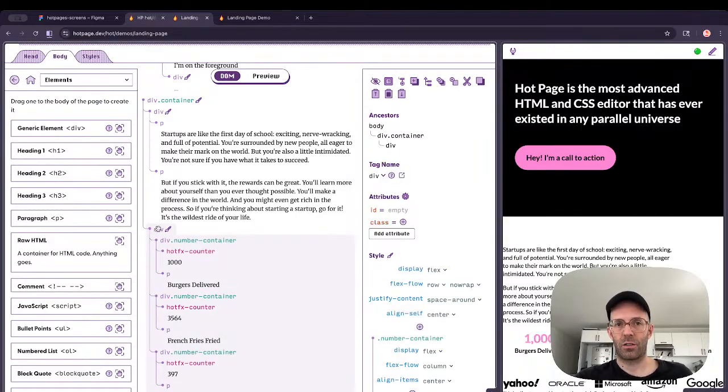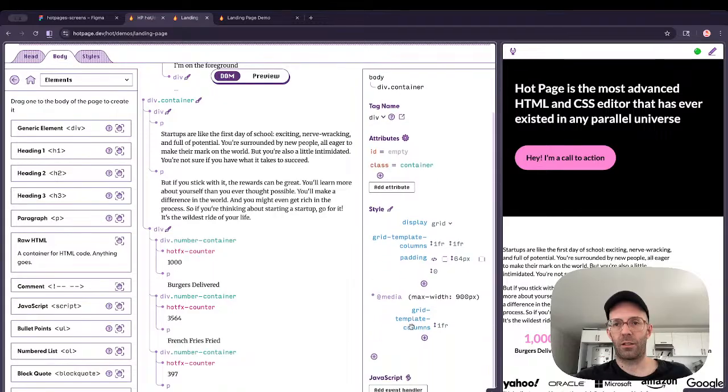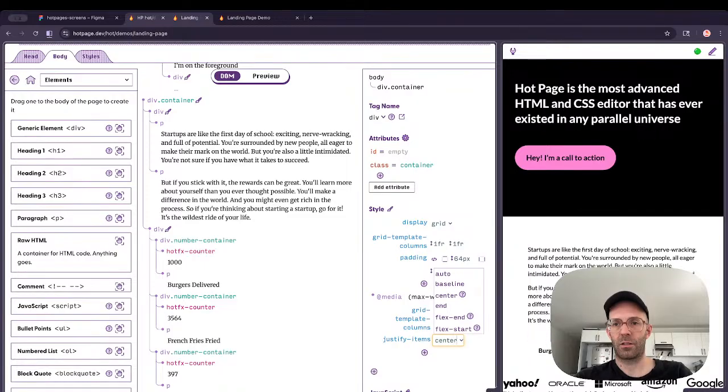and this is the one that has max width. Let's say align, justify items, center, boom, now in the center. This one,